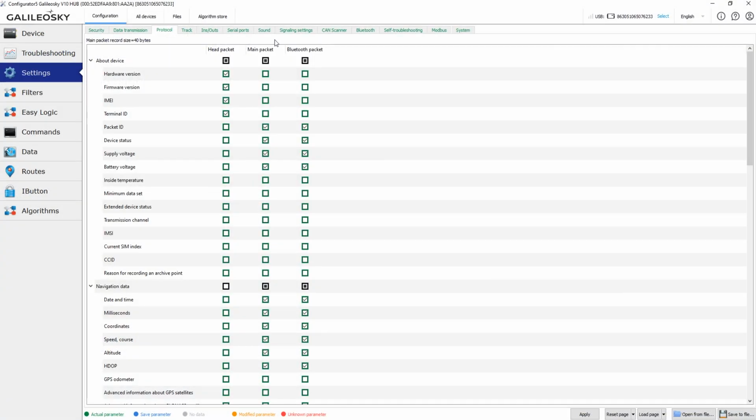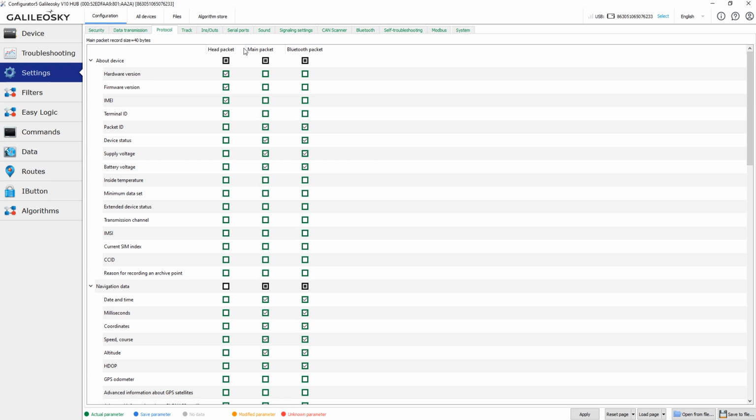The head packet is sent when the device is establishing connection with the monitoring software server, after the device is started, or when the vehicle returns in the GSM coverage area. This packet is some sort of the handshake when the device introduces to the server. We recommend using the default list of parameters in the head packet, and it must contain at least the device IMEI, so that the server could identify the tracking device. It is better not to add too many parameters in the head packet,